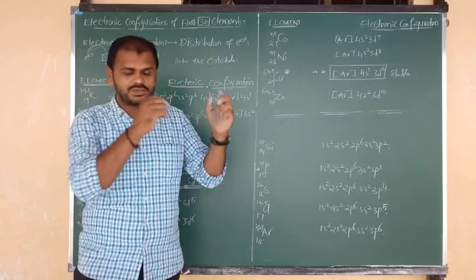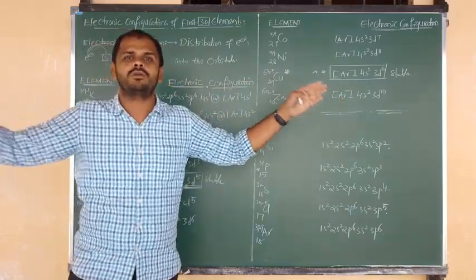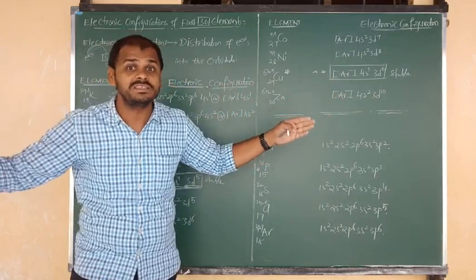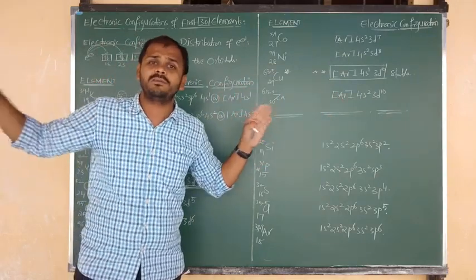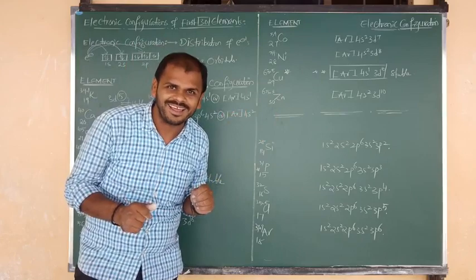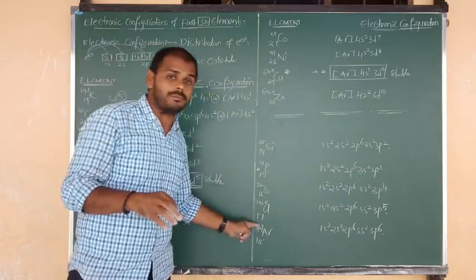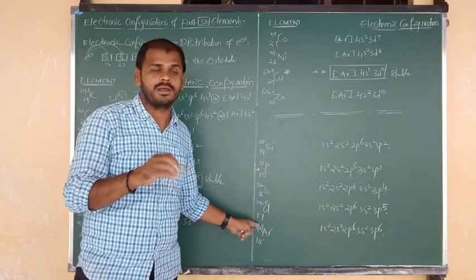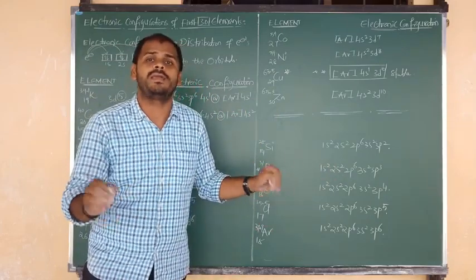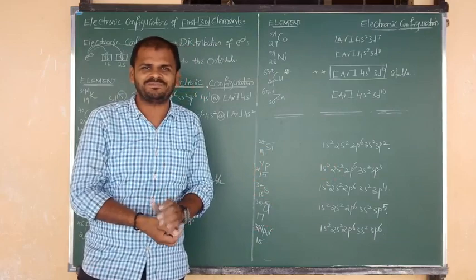So try to go from hydrogen to zinc. We have to start from hydrogen and stop at zinc. Quickly say the answers: hydrogen, helium, lithium, like that. Try to remember the symbol and the atomic number. If you know the symbol and atomic number, you can write the electronic configuration yourself. Take care, beta.